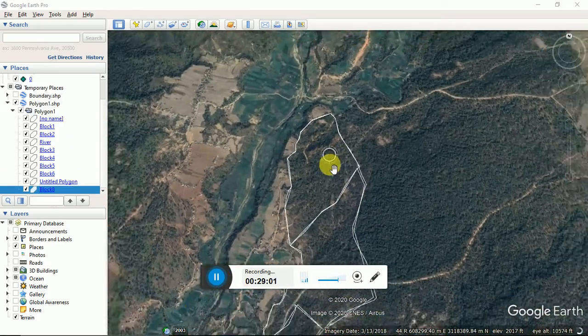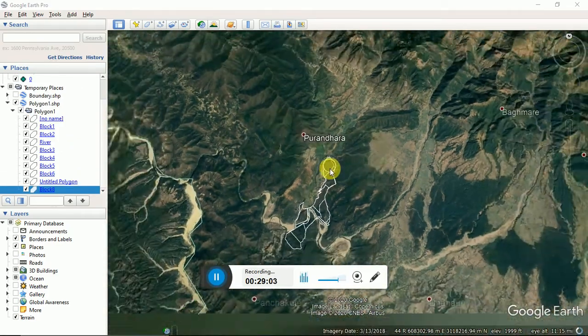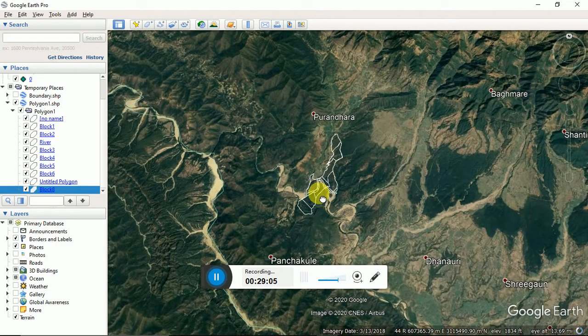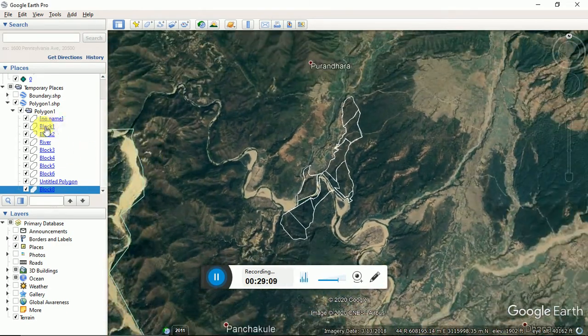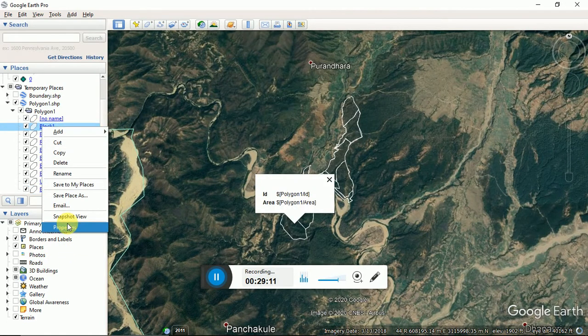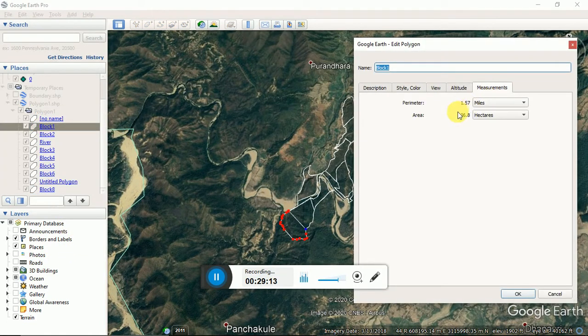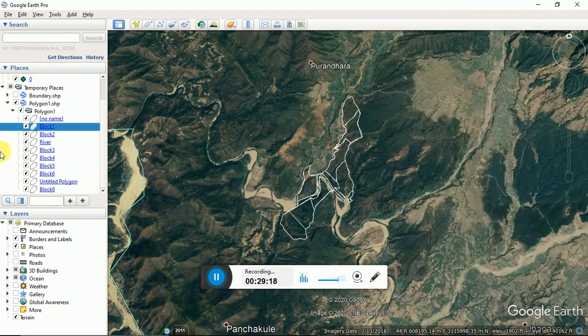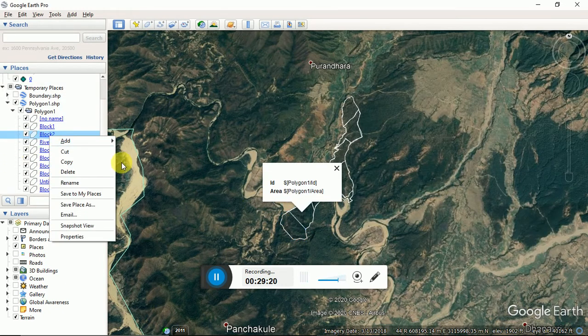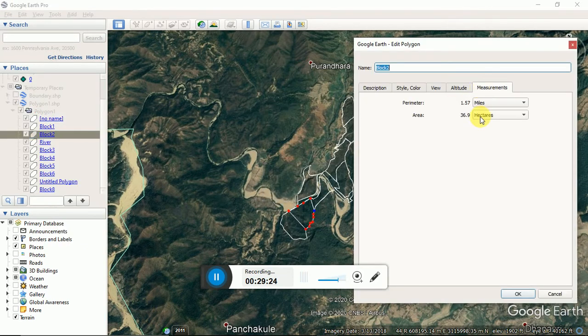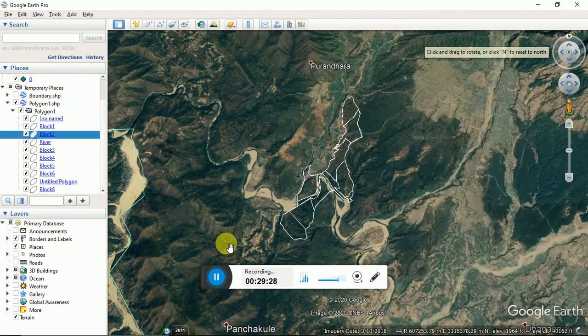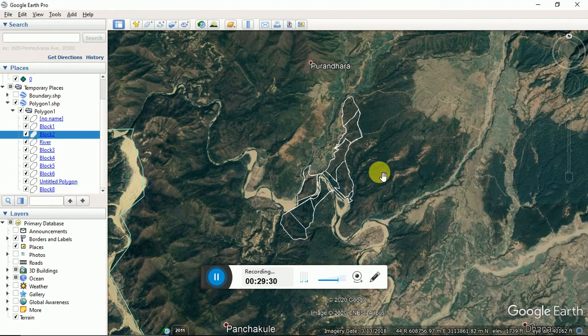After creating all these 8 polygons with our unproductive land, now we can see the area of our block by going to properties and measurement. It is 36.8. Okay, and here you can go and see a measurement. It is nearly 36.9. Similarly, I have created all these 8 blocks in the same way